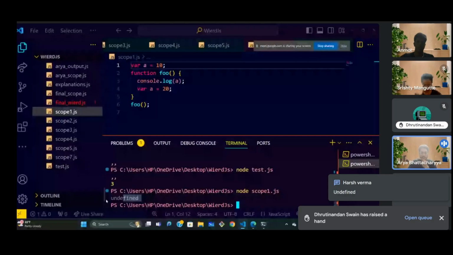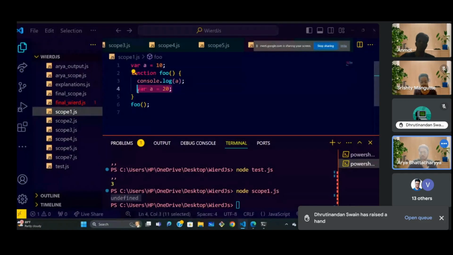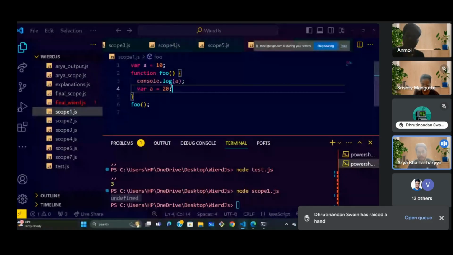So this returns undefined because that is how it is done. Because if we are taking 10 outside and 20 inside, as you know, var, which will also be coming up later, is actually a function scope thing. So it lives inside the function, while let is a block scope thing. So inside this function, validity is always present. This a and this a are different, as we can know. So this local variable actually overshadows this global variable, and so there is a conflict between the two values of a. There is a 10 and there is a 20. So there is a conflict between the two, and so that returns undefined.